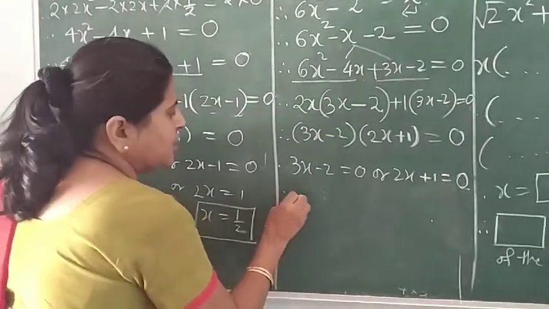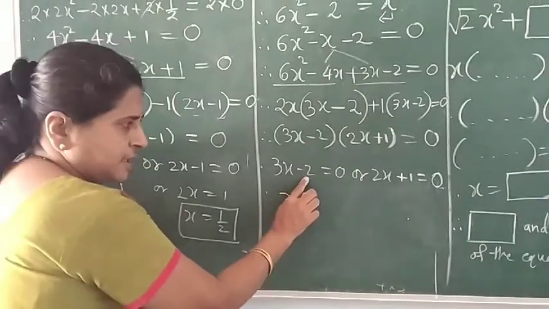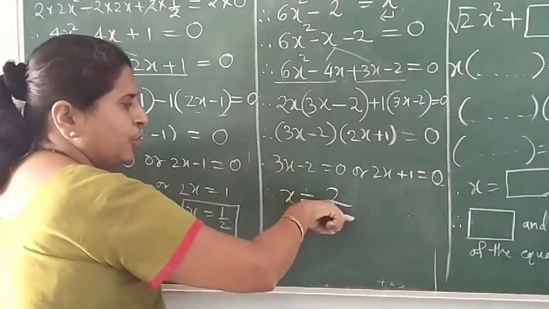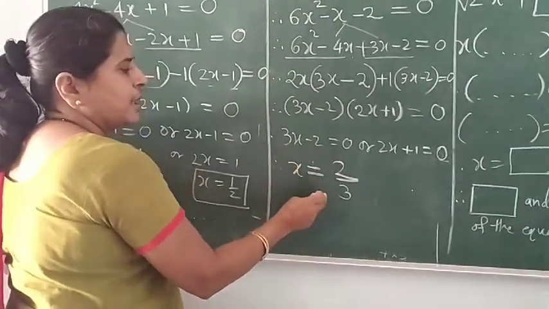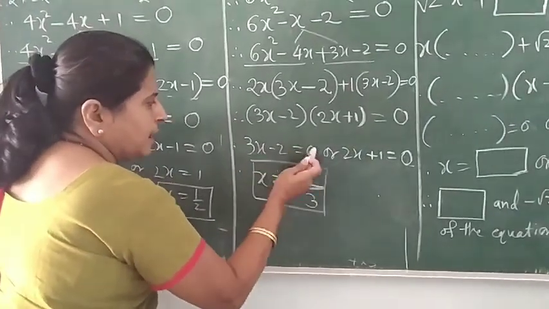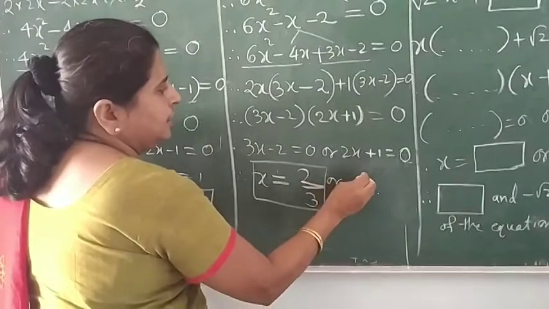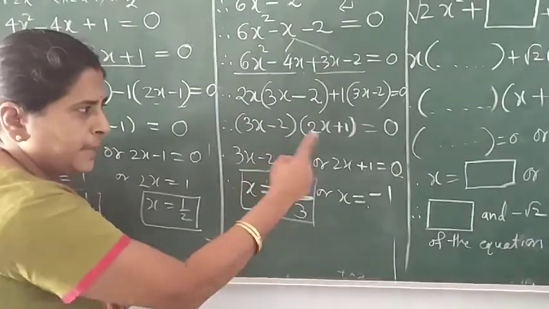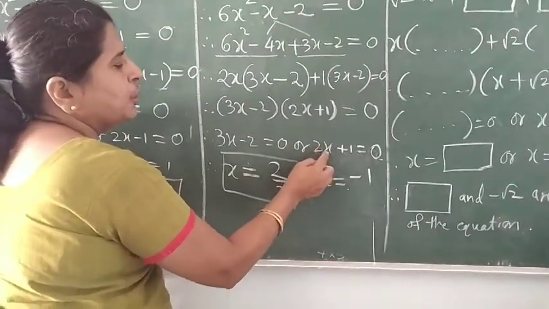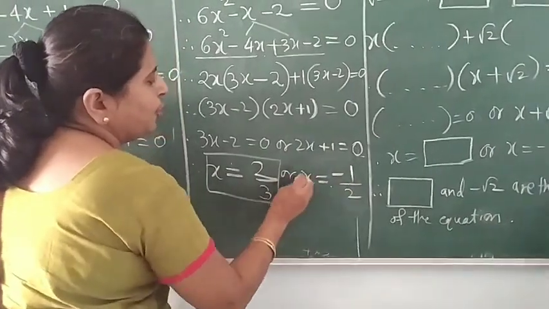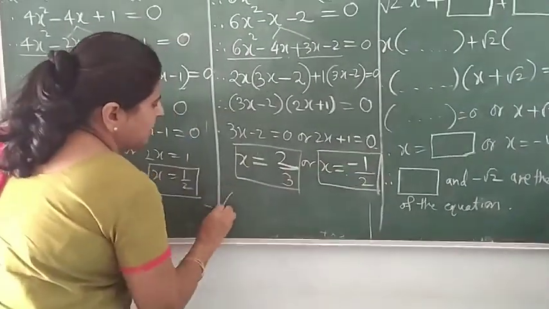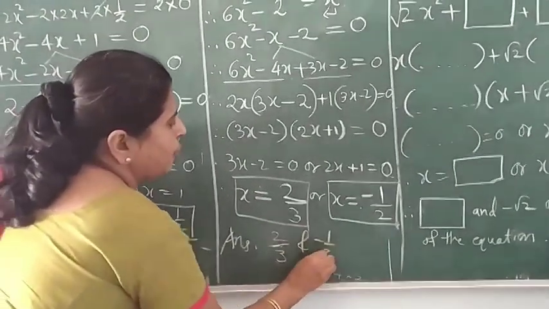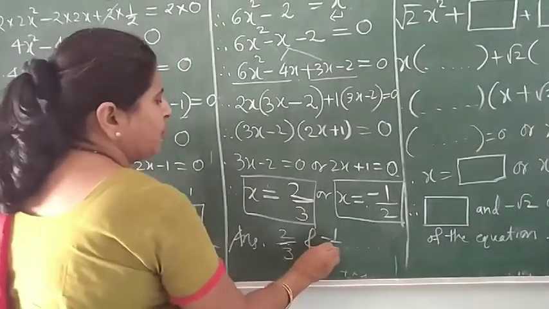Okay, so from this step if you want to write x, first take this minus 2 to the right side, it will become plus 2, correct? And this 3x, so this 3 will go in the denominator. So from this you can directly write the value of x. It is plus 2 upon 3. Or from here, what is x? This is plus 1, let it go to the other side, it will become minus 1. And x is multiplied by 2, so it will go as division by 2 here. So these are the two answers. Write in your answer that 2 upon 3 and minus 1 upon 2 are the solutions of this equation.